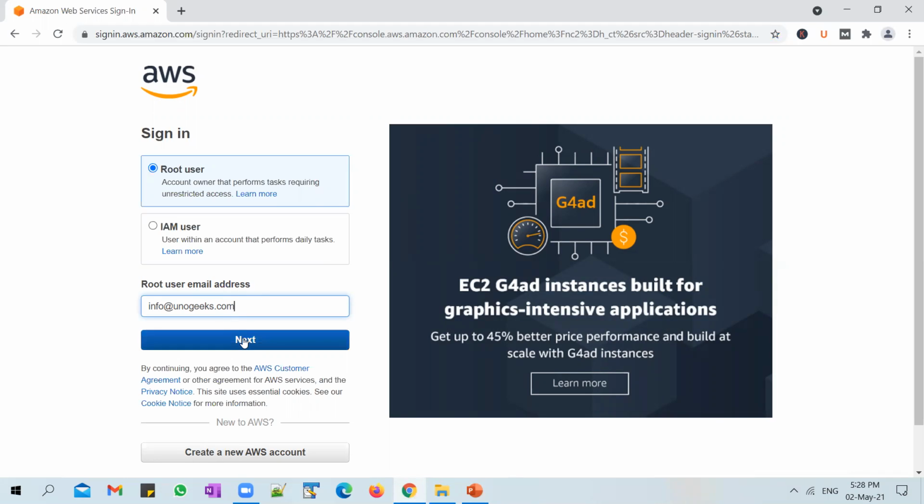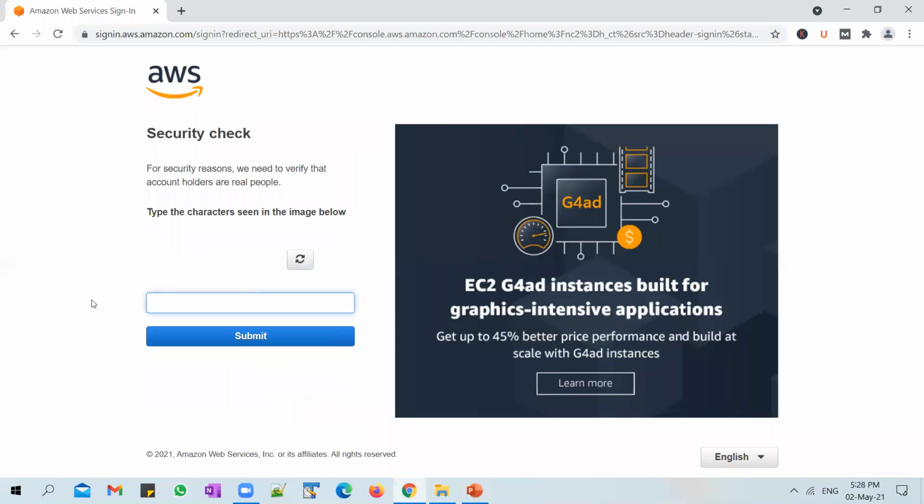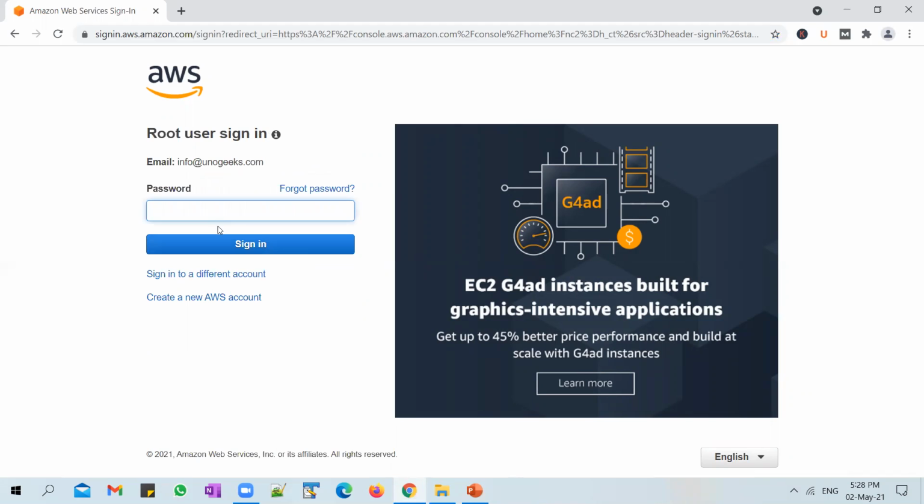See, I'm keying in my root account email address, and you have to go through this security check and submit. And it will prompt me to enter the password. And the moment I enter the password and sign in, I will not get another security challenge, or be prompted to enter a passcode generated by an MFA device.